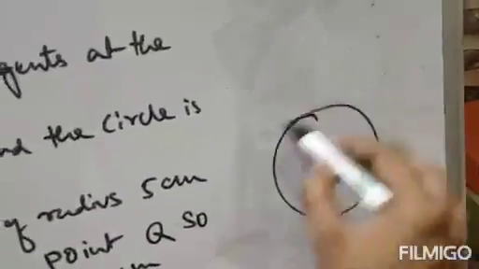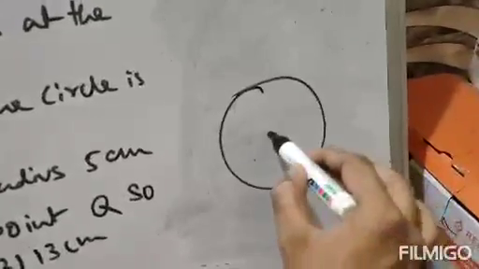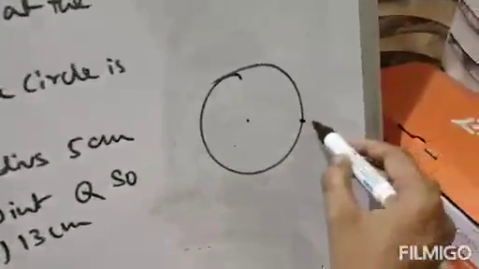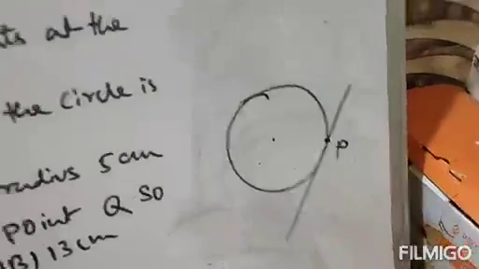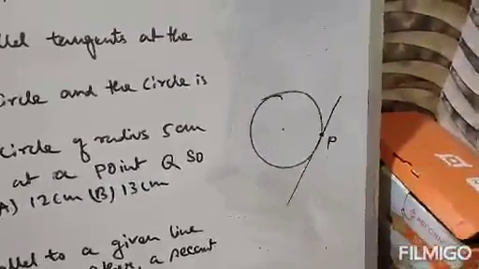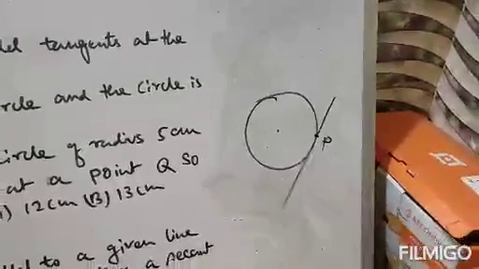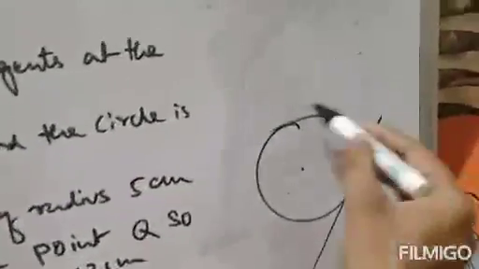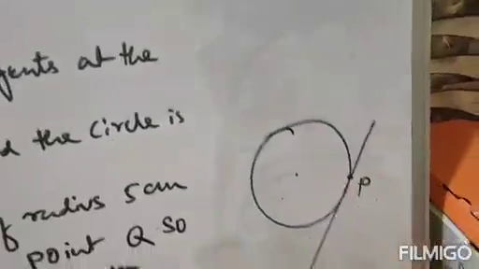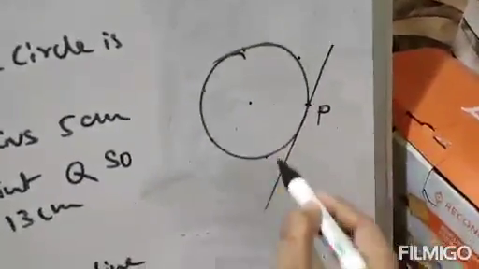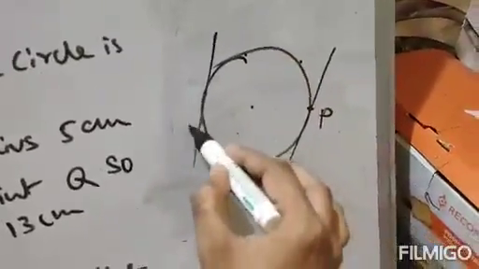Why infinite tangents? Because the conclusion of the theorem was that if this is a point on a circle, with this point we can draw only one tangent. If we have a fixed point on the circle, with that fixed point we can draw only one tangent. But on a circle there are numerous fixed points. Suppose this is a fixed point, this is a fixed point, this is a fixed point. So you can draw as many tangents,